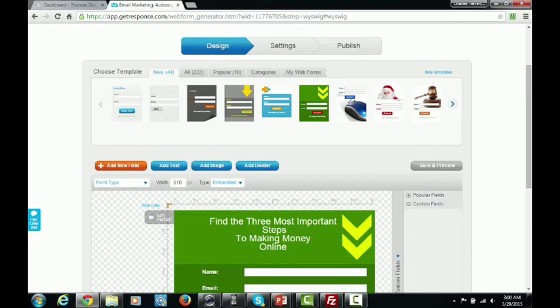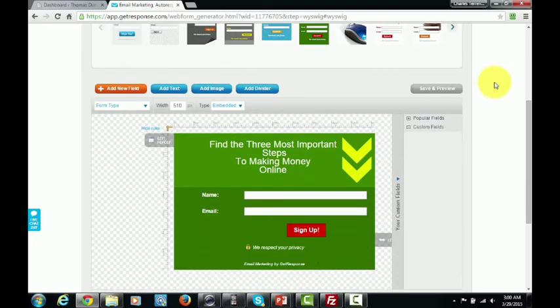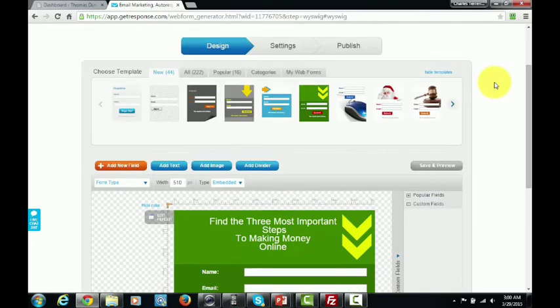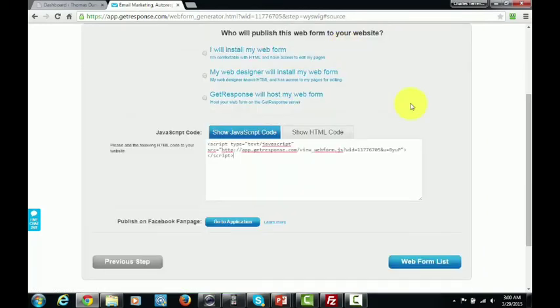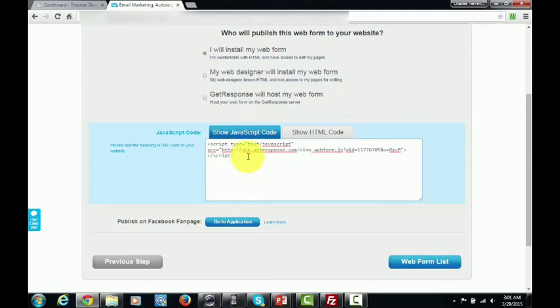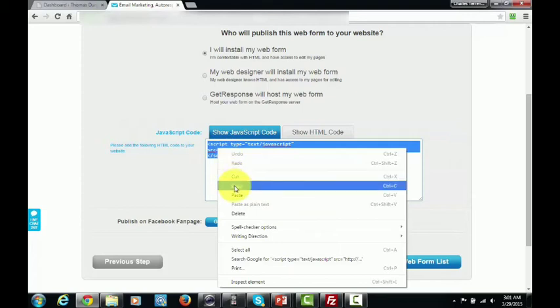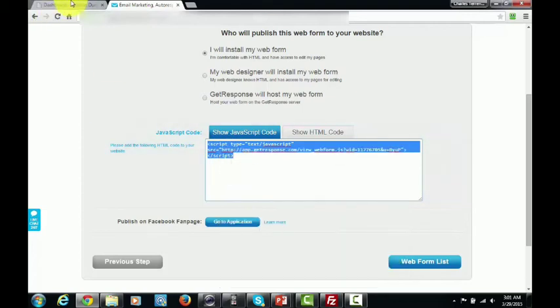Now you probably recall the page where we created our squeeze page or our autoresponder page, and what we're going to do is go over to the publish button here, and you're going to notice that we used GetResponse to host our form the last time. But what we can do is click this button that says we will install our own form. In order to do that, all we've got to do is pick up this JavaScript code right there, copy it, and then go over to our